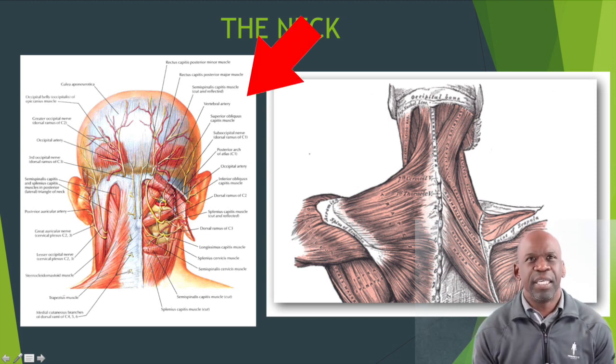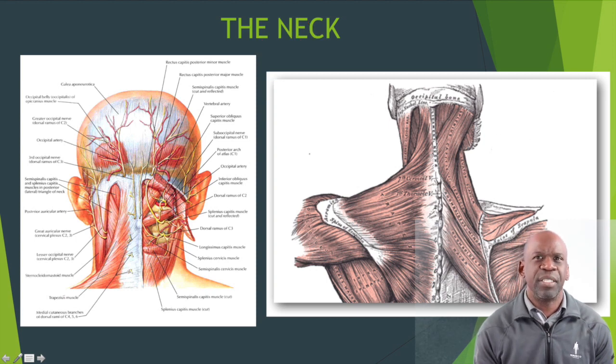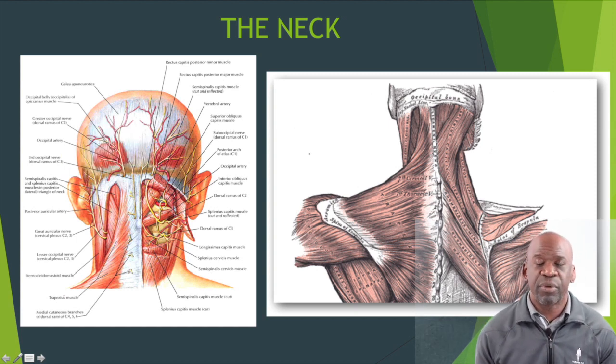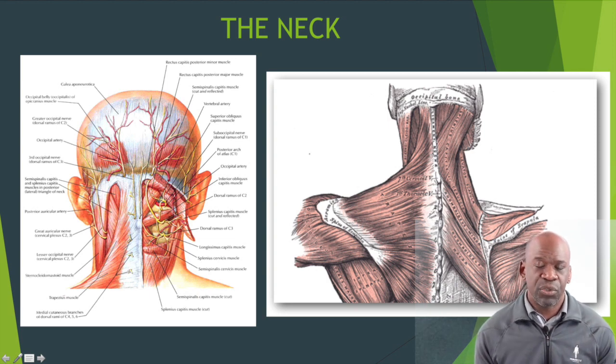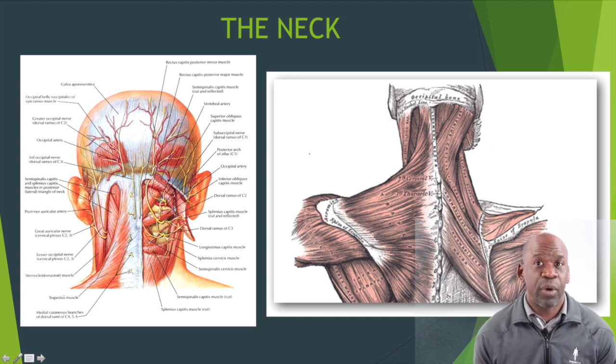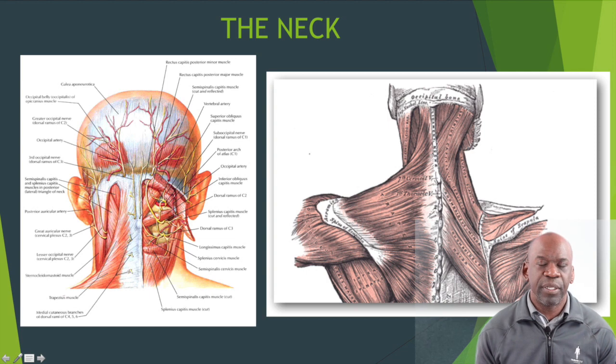If we first look to the left-hand panel, what I want you to see here is that there are a number of structures which are shown in yellow, and these represent the nerves that are present in the posterior or back area of the head and the neck. I also want you to look at a number of the red structures. These represent the blood vessels which are present on the back area or the posterior aspect of the head and the neck. And what I want you to first notice with these structures is that they are quite small. If we were to measure them, we would see that the blood vessels and the nerves are only 1 or a few millimeters in diameter.